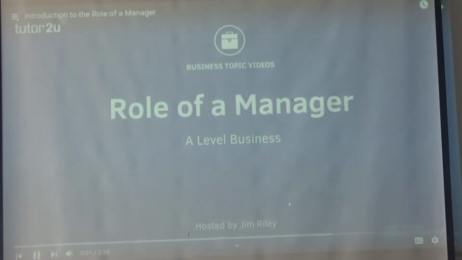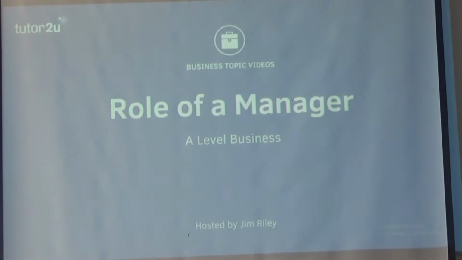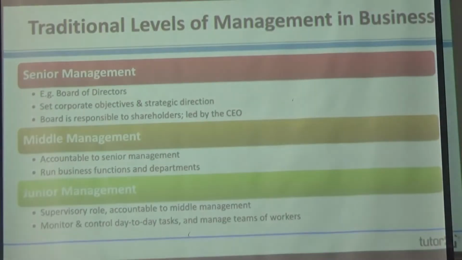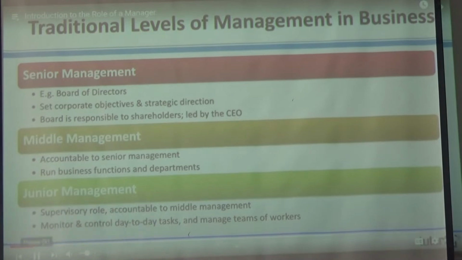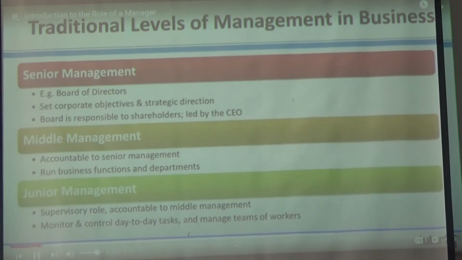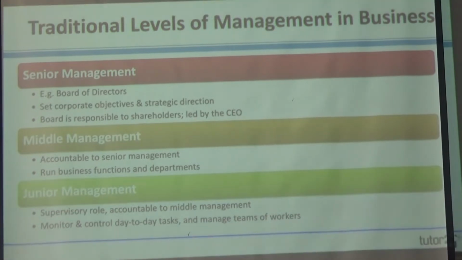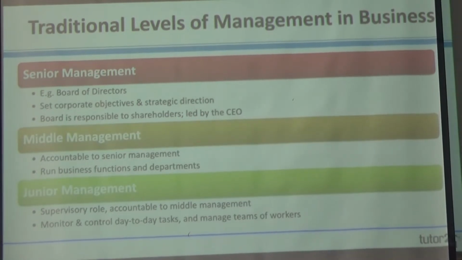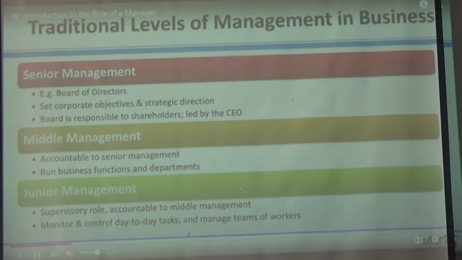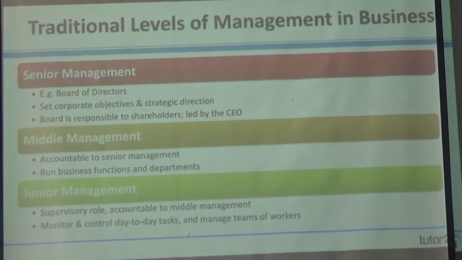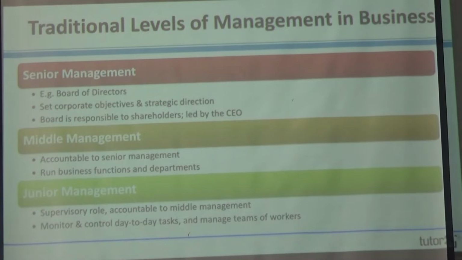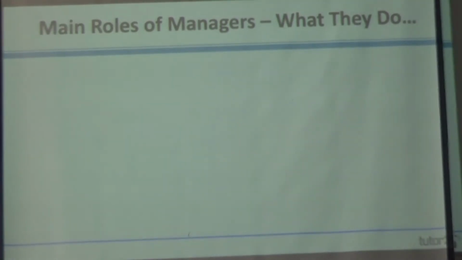Hi there. Let's take a quick look at what managers do as we explore the role of a manager. Don't forget, in business, you may have quite a complex organisational hierarchy with different layers, and this is where you'll find different levels of management. From right at the top, the board of directors, who are very much the senior management, working our way down to perhaps encountering layers of middle management, and right at the bottom, some junior managers. But managers effectively do the same thing. What they do, of course, is dependent on their level of seniority. So let's quickly look at the 5 main roles of managers.